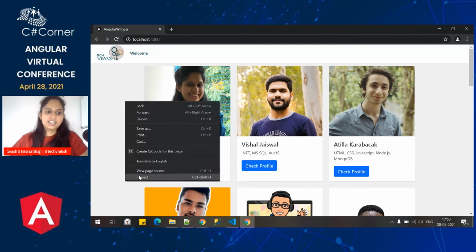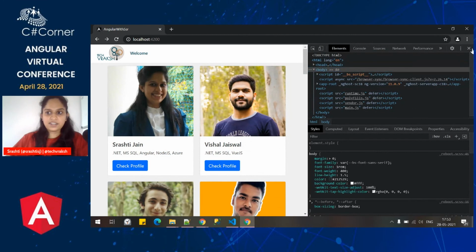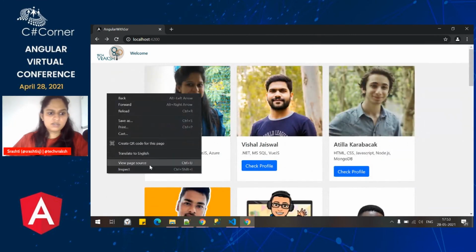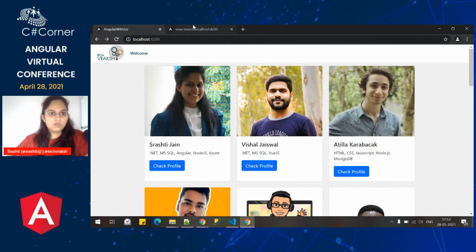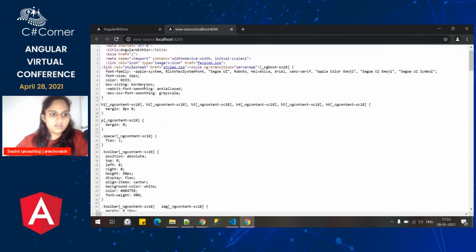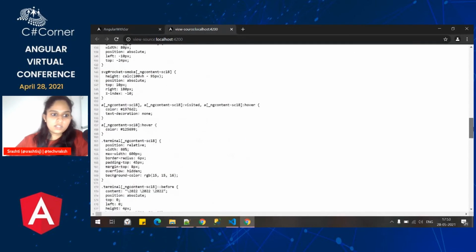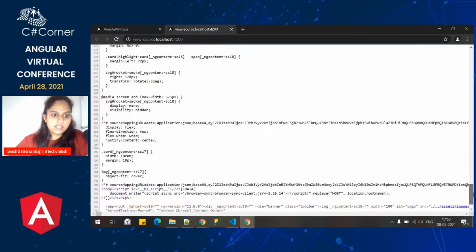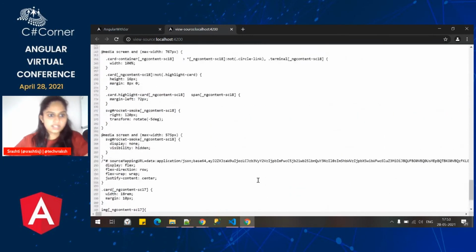So you have to keep in mind which application you want to make server side rendered, and maybe you can mix that also. It is a really different thing. If we go over here and view source, now you can see these changes, and all the things which are posted, we can see those here. Those things are already here.